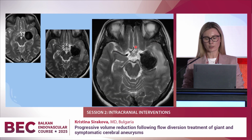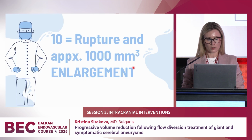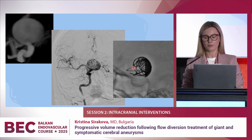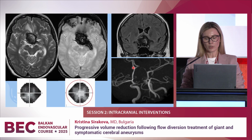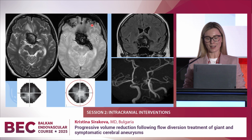MRI demonstrates extension of the edema changes around the aneurysm and volumetric growth of the aneurysm despite the treatment and the medical therapy. Rupture and enlargement. This event is usually seen in giant aneurysms, when the thrombus formation triggers an inflammatory process that lyses the aneurysmal wall, causing intraparenchymal hematoma,